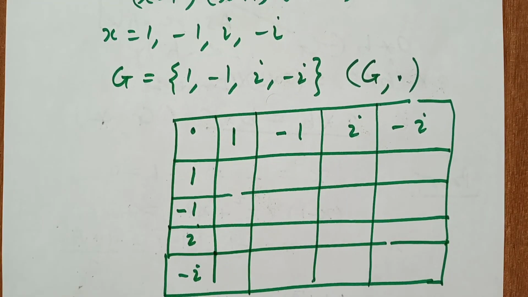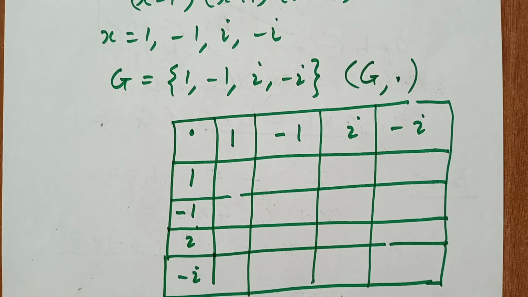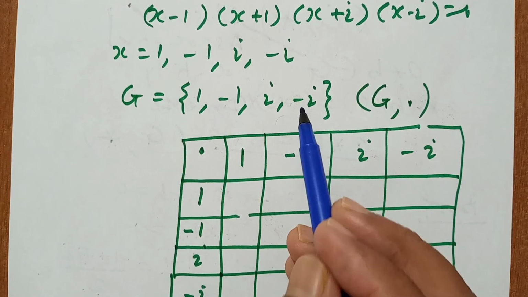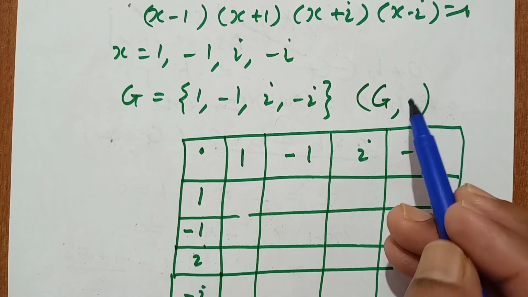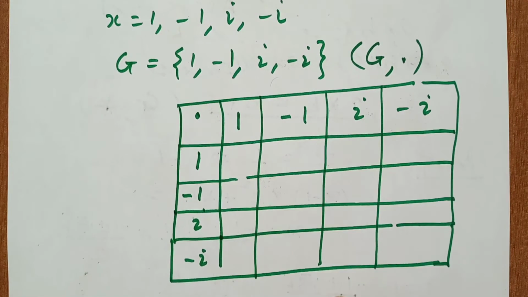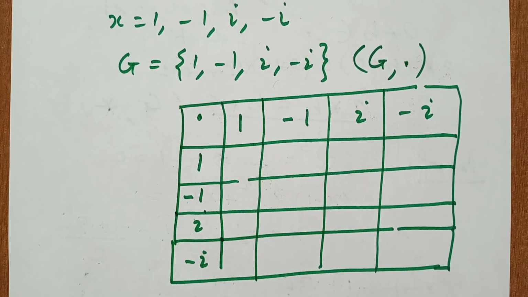Now I want to explain all the properties. If you want to show an abelian group, first you see this is a non-empty set, and what is the operation? Here the operation is multiplication. There are 5 properties, as you know: closure, associative, identity, inverse, and commutative. We shall explain them one by one. No need to write here. I want to explain as before.